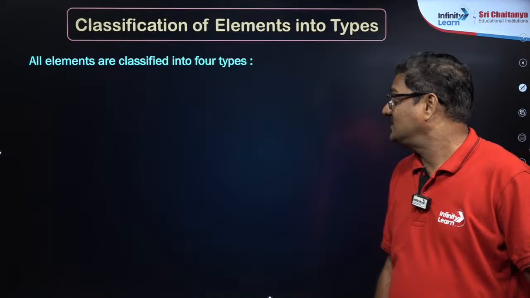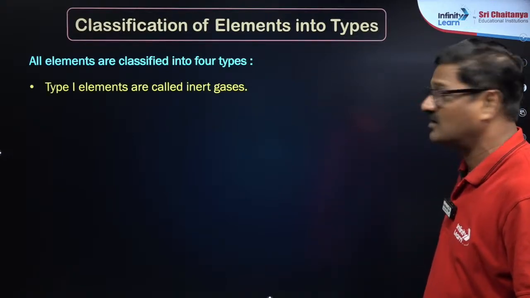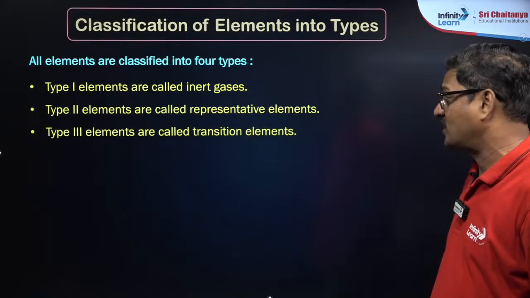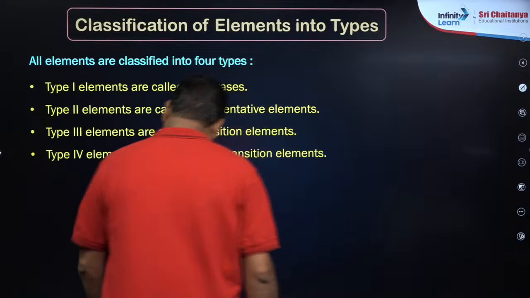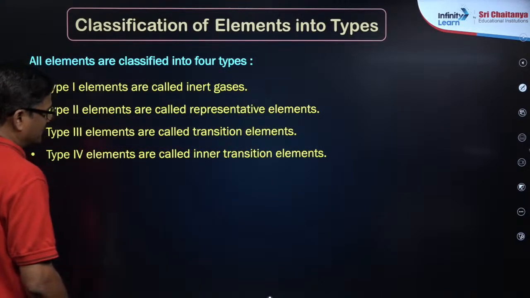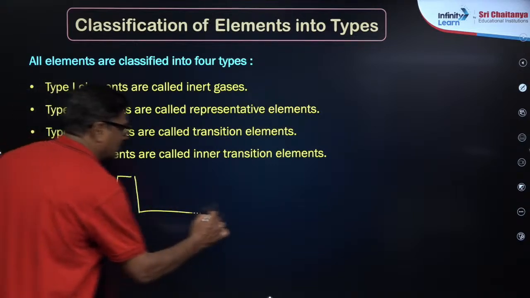Great. Okay, all the elements are classified into 4 types. That is, type 1 elements are called inert gases, type 2 elements are called representative elements, type 3 elements called transition elements, type 4 called inner transition elements. If you see the entire periodic table, this is your entire periodic table,